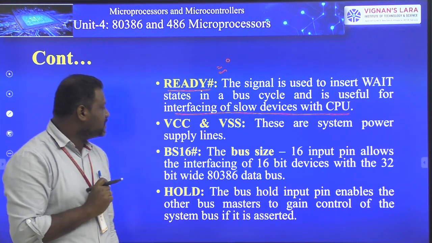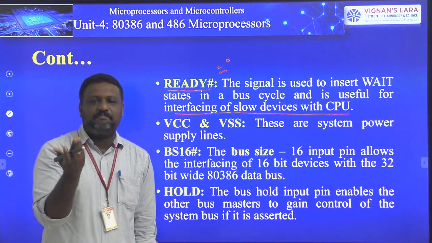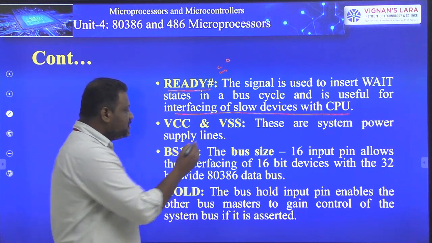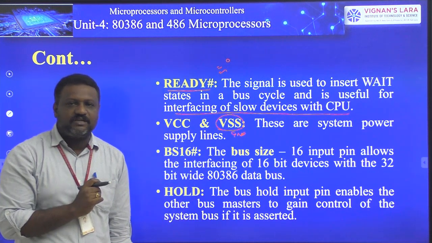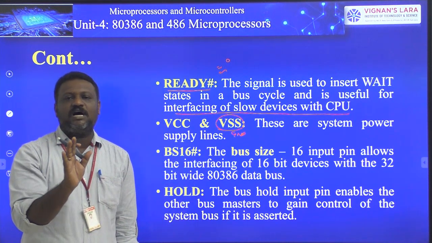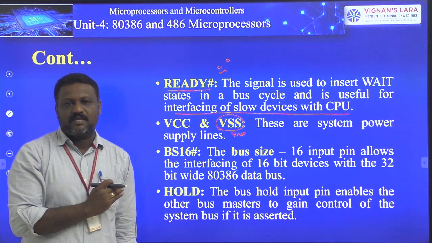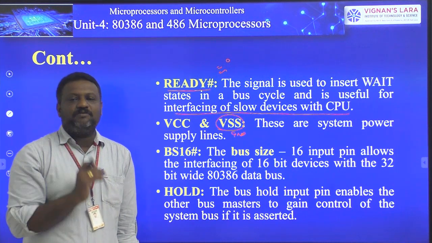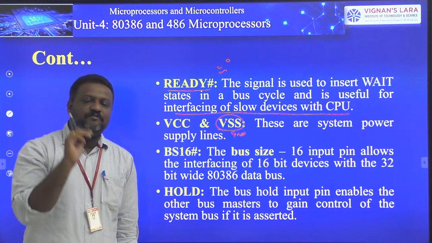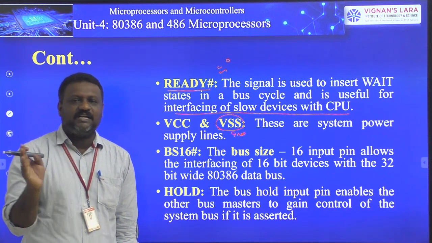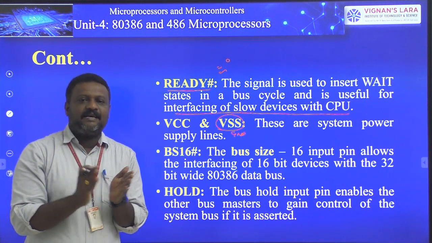And next, coming to VCC and VSS, these two signals are power supply signals, and VSS we generally consider as ground. I already told you at the beginning of this lecture, out of 132 signals of your 80386, the maximum signals are power supply signals. Why? Because if you refer to your 8086, which is only a 16-bit processor, there you find 3 power supply signals. One is VCC and 2 are grounds. There we clearly told you why 8086 has 2 ground signals.